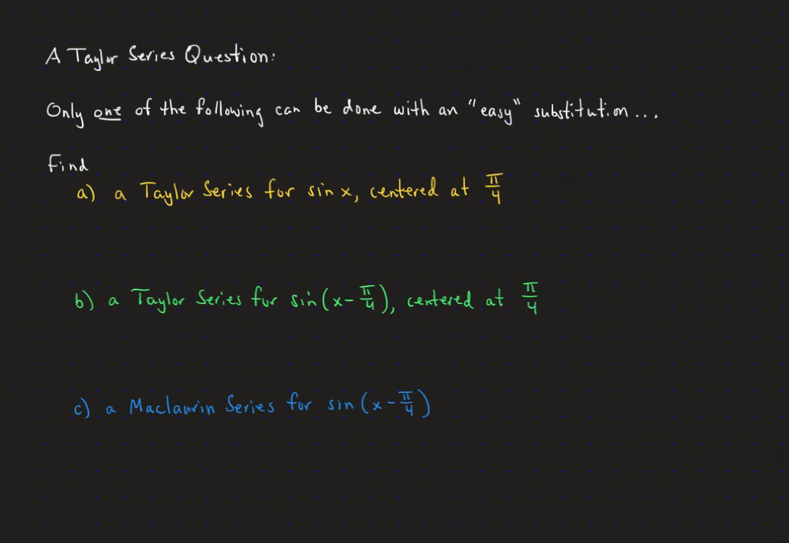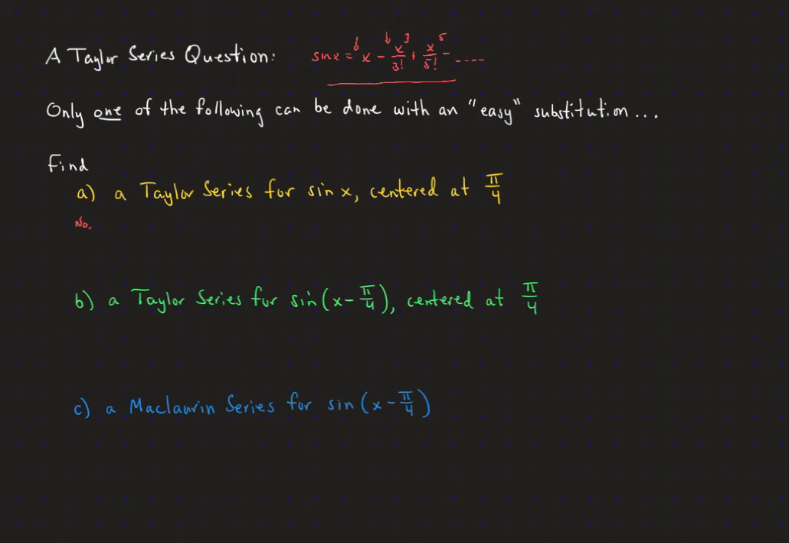So remember, we know that our Maclaurin series for sine of x is going to be the odd powers. So it's going to be x minus x to the third over 3 factorial plus x to the fifth over 5 factorial, and so on. So the question is, can we use this to build on any of these here? Now, for part A, that is not the one. We can't just use our Maclaurin series and translate it over to pi over 4,